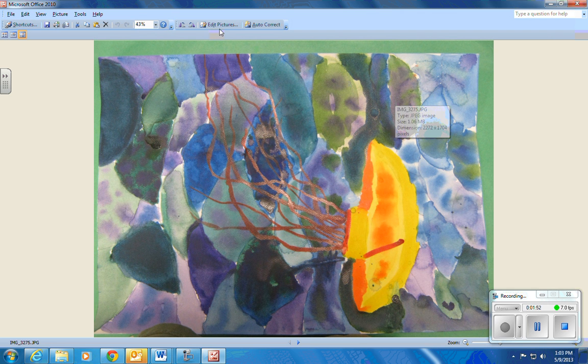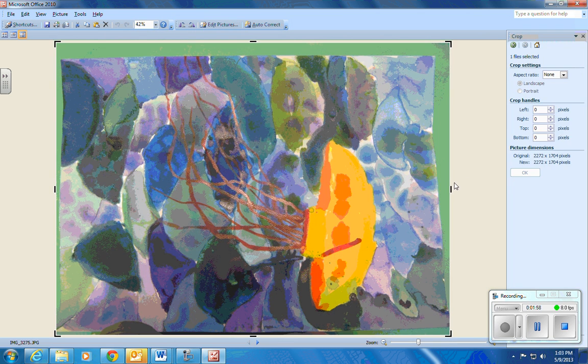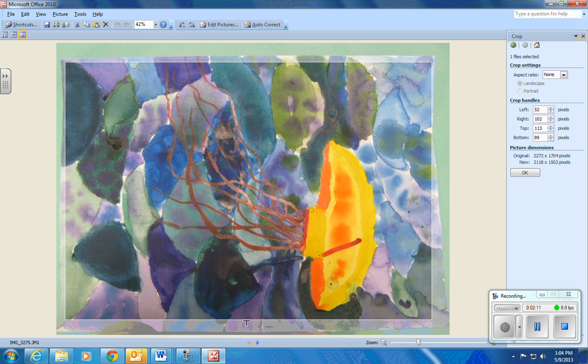The first thing you need to do is go to Edit Pictures, and over here on the right side where it says Crop, we're going to crop into your image until the only thing we're seeing is your artwork. This gives you an opportunity if you have any mess ups on the outer edge of your artwork, or if you got the floor or the table in your artwork when you were taking it, it gets rid of those. Once you've got the area cropped that you want, click on the OK button,